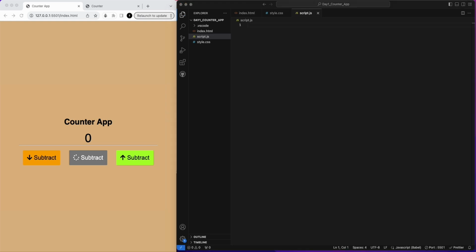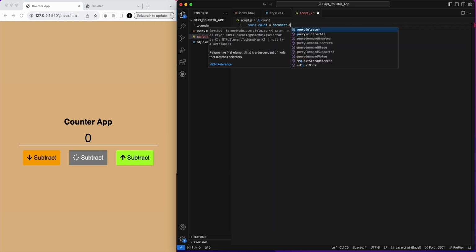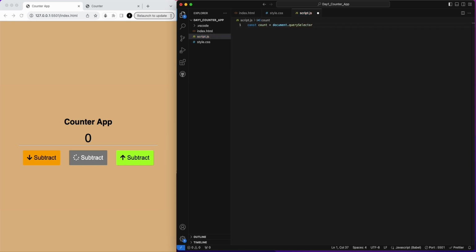So first of all, we're going to create a variable const count equal document dot querySelector count,